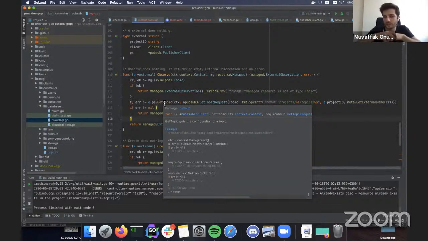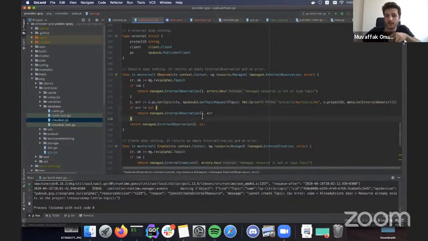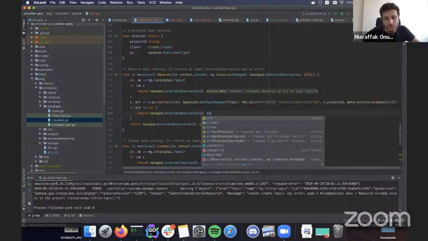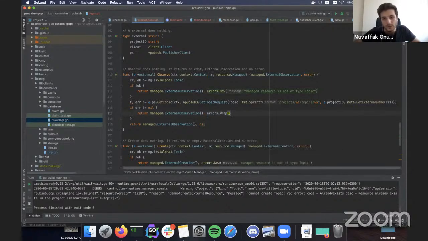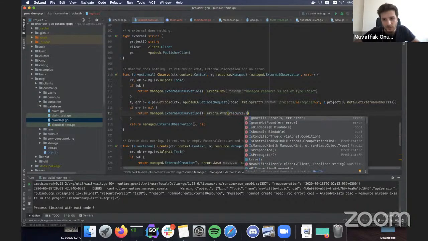Then the create method is called. However, this is not an error case for us. This is the usual flow. So what we're going to do is basically skip it if it is a not found error. So we've got a utility for this, ignore.